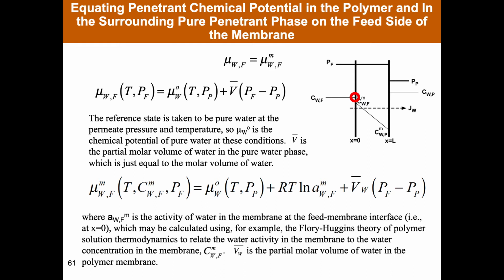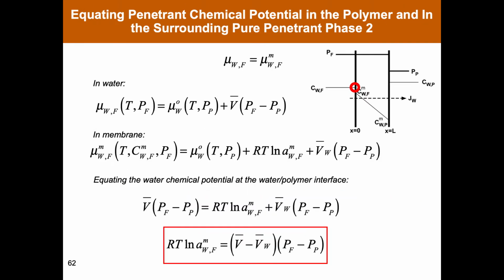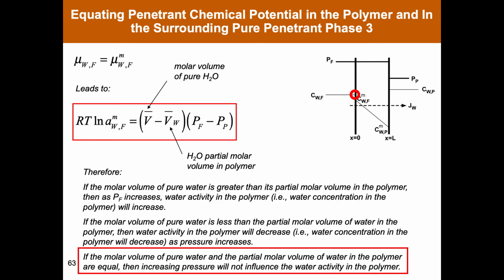If the molar volume of water and the partial molar volume of water in the membrane are essentially the same, then as the pressure goes up, you raise the chemical potential of water in both phases identically, and then there's no change in concentration of water with pressure. And you can kind of guess what the answer is based on the data we've already seen, right? All right. We'll just skip to the end of this, and that is that the concentration of water, which is given by